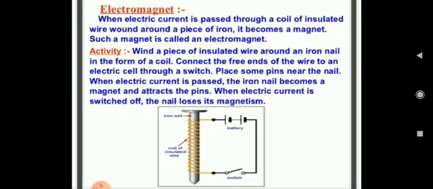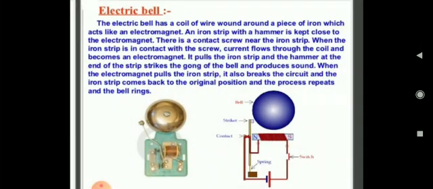Now if we talk about the uses of electromagnets students, they can be used in hospitals for treating eye injuries, in which iron splinters are removed from the eyes with it, right? It is used in cranes, in steel works and scrap yards for lifting heavy loads in iron containers. It is used in loudspeakers, telephones, relays, and electric motors. Electric motors use electromagnets, which find wide applications in electric fans, washing machines, refrigerators, etc., right? So now we'll talk about the electric bell.